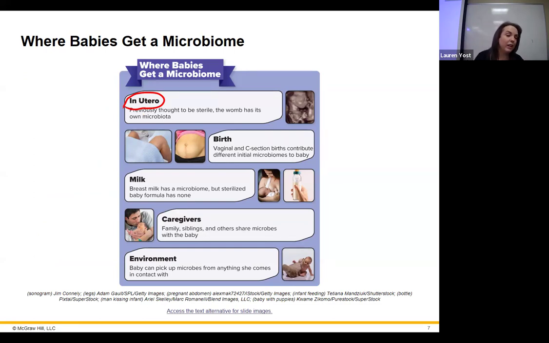But it's a little bit different than the vagina because it doesn't have quite the same pH situation and everything like that. The baby developing in the womb is getting exposed to the normal microbiome in the womb. And when you're being born, however you're being born, you're exposed to a new biome during that process. If you are going the traditional way through a vaginal birth, then you're being exposed to all of the bacteria in the vaginal area, the vagina itself, as well as the external genitalia, right?